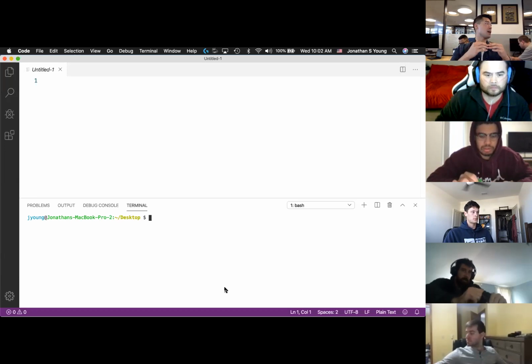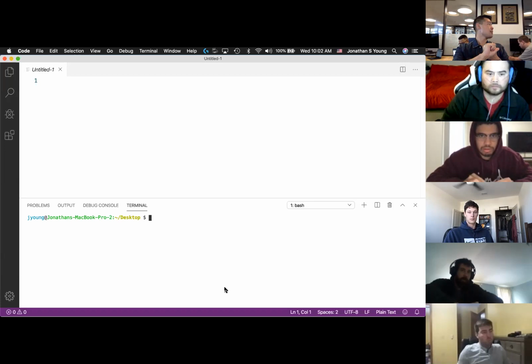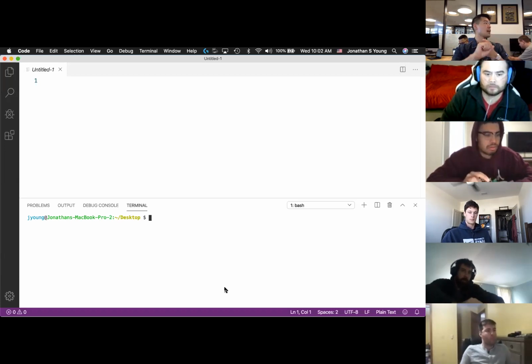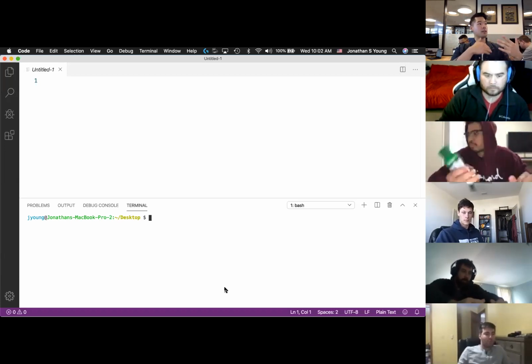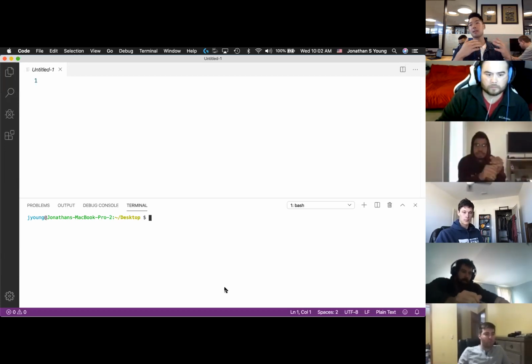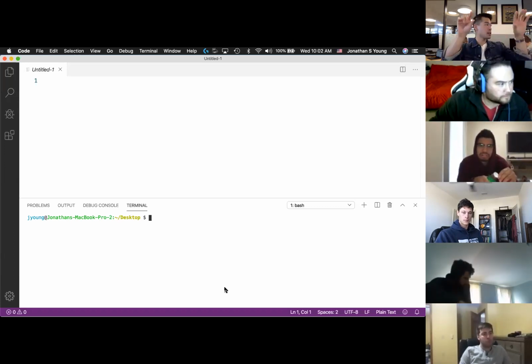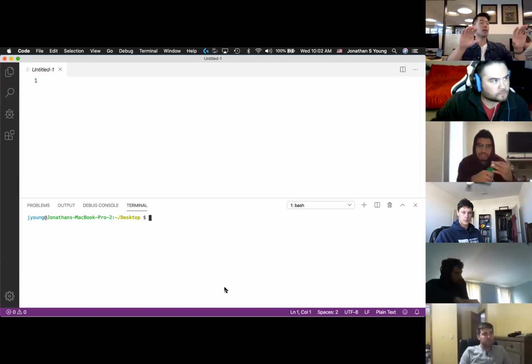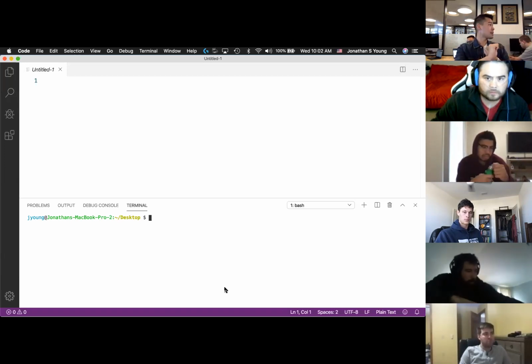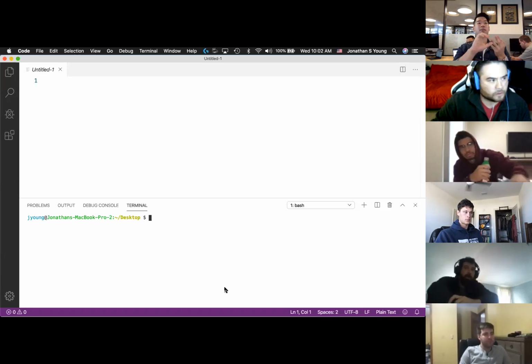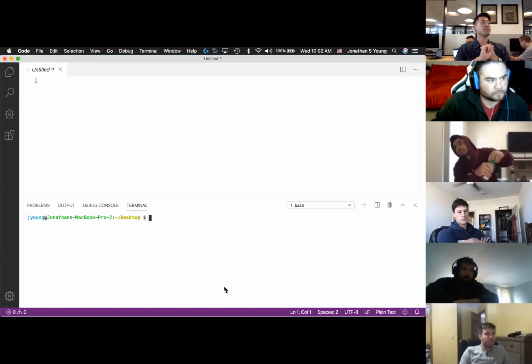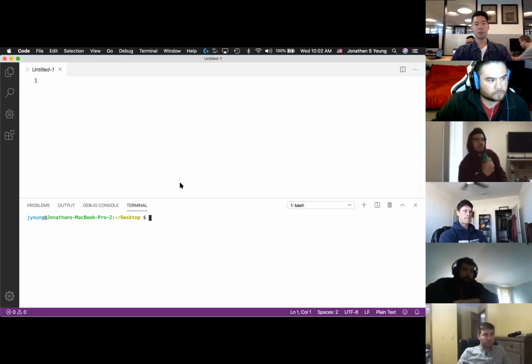Both JavaScript and Python are high-level languages where you can just do first name equals one thing and then first name equals another thing, and it'll automatically change the memory address under the hood. In real life, when I say first name equals something, it's assigning one memory address and then going to reassign it. If you were to type the same thing in C, you have to literally find the next available memory address inside my computer, assign it to first name, and then find that exact same one and reassign it. But you don't really need to worry too much about that, that's just a little bit about Python.